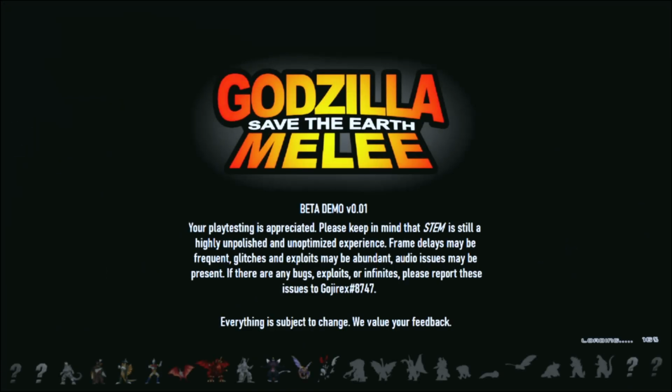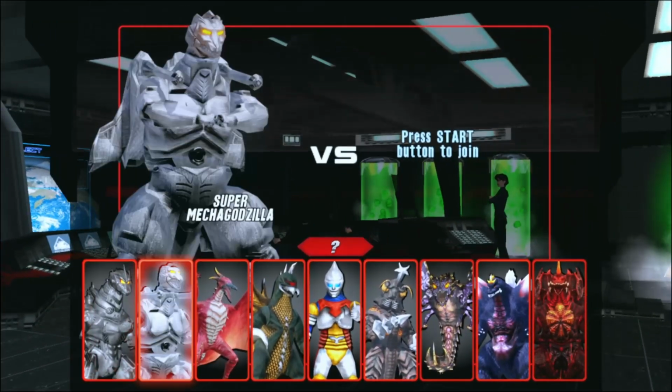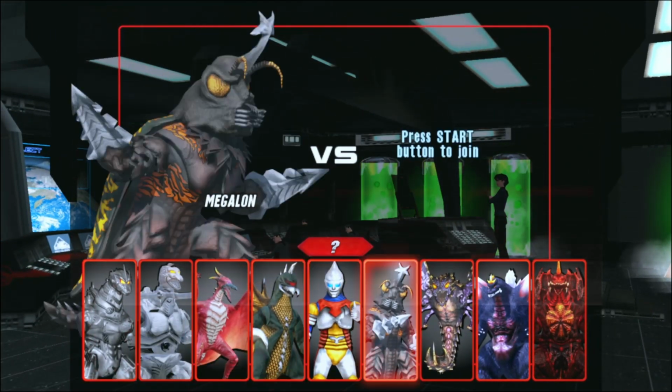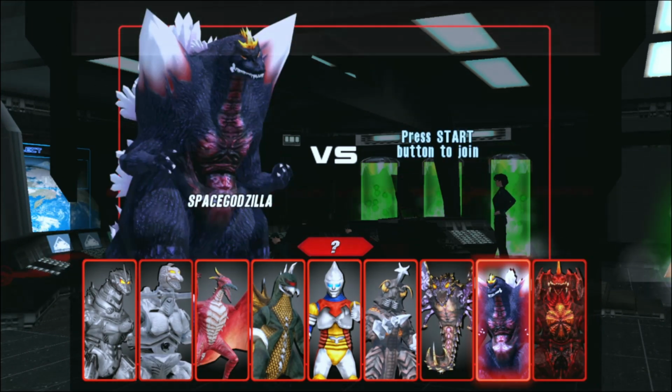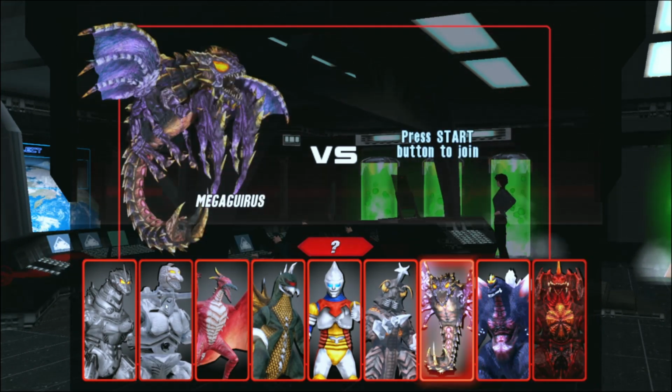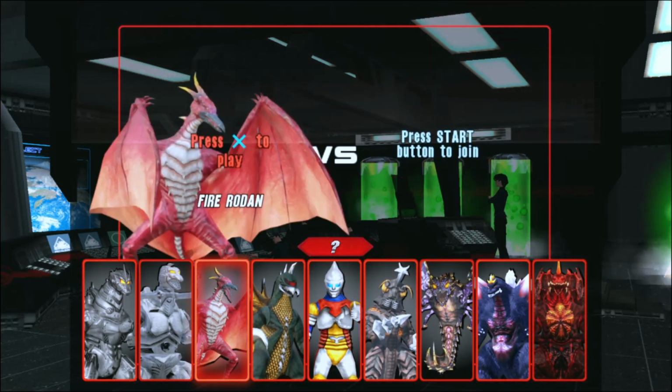You want? I might not do all the characters. Well, let me see. I'll definitely have all the characters shown. I just don't know if I'll play as all the characters. Because we have 1, 2, 3, 4, 5, 6, 7, 8, 9. So we have 9 characters that we're messing around with. So we will go ahead. Yeah, I'll eventually make my way through, I guess. So we will do...